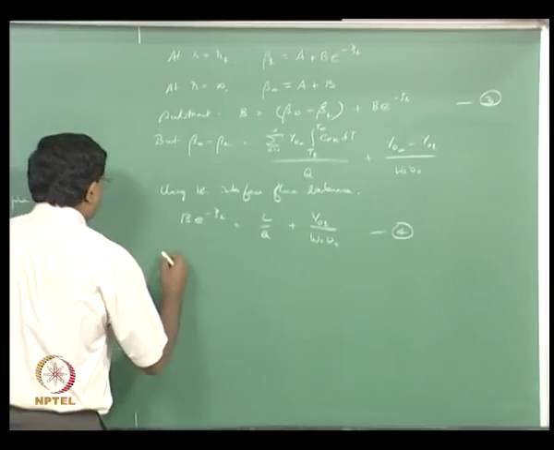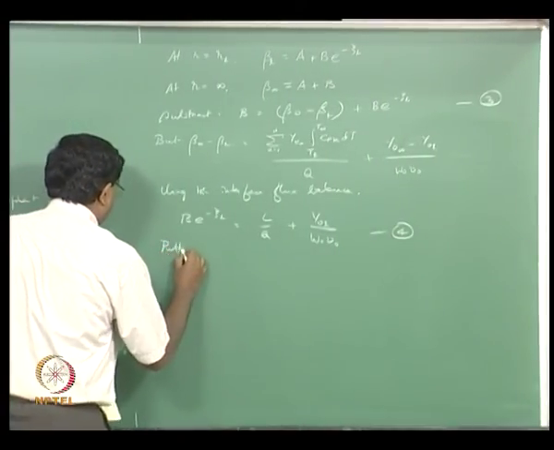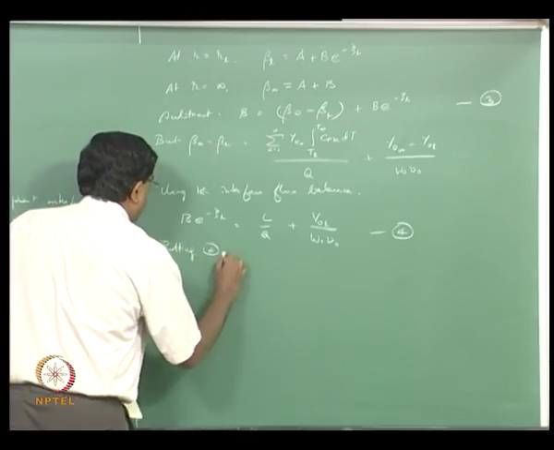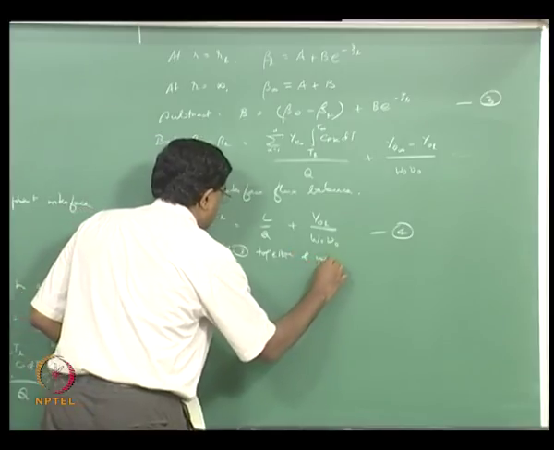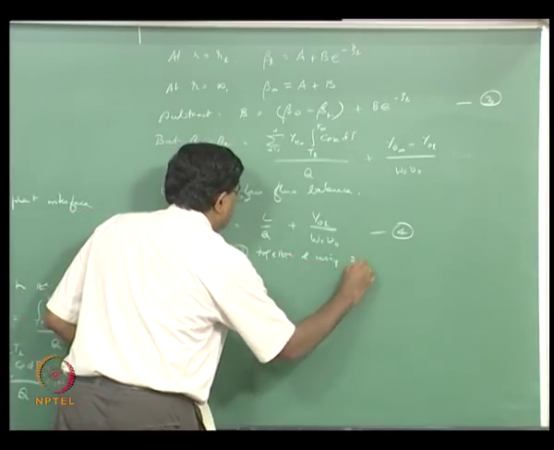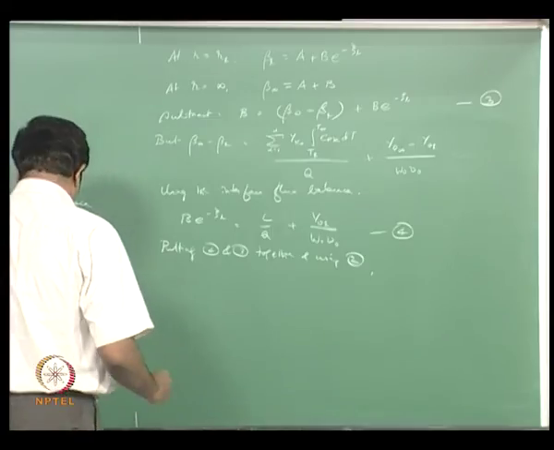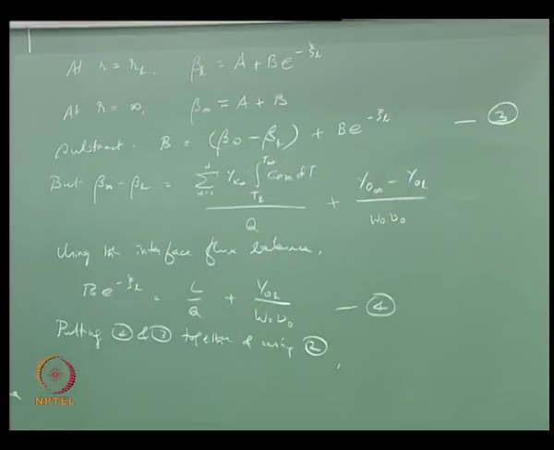So putting 4 and 3 together and using 2, we get psi L